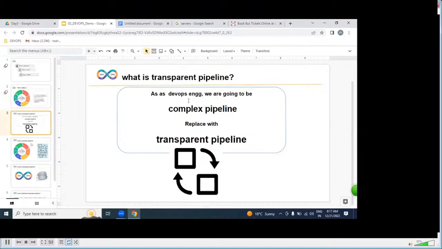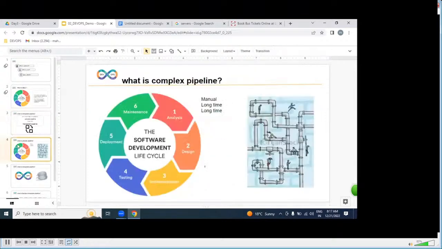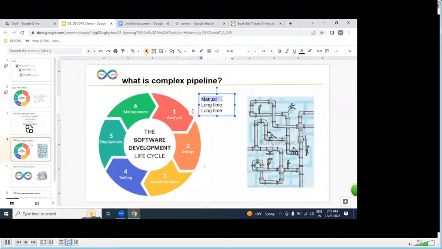Replacing the complex pipeline with a transparent pipeline. So what exactly is a complex pipeline? SDLC is complex. Why do we call it complex? Because it is a manual process, from analysis to design to implementation, testing, to deploy.